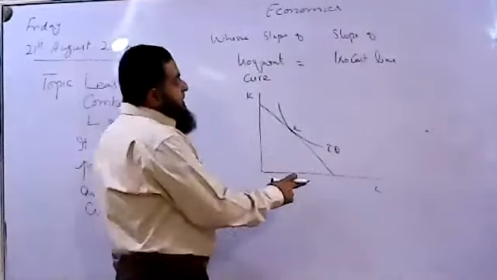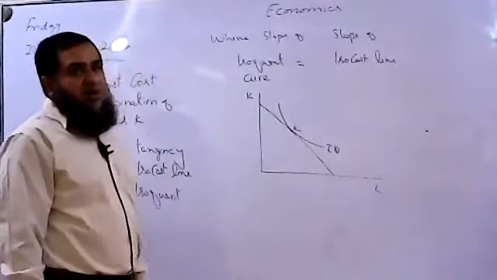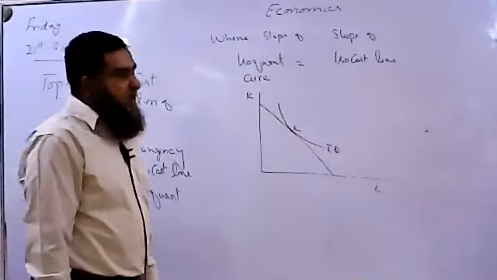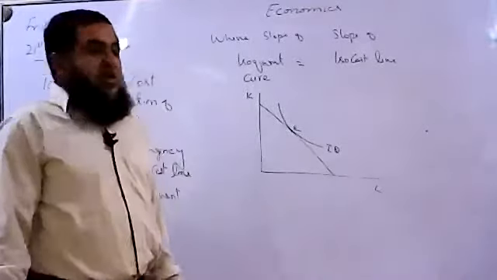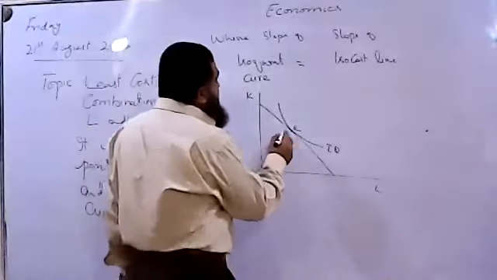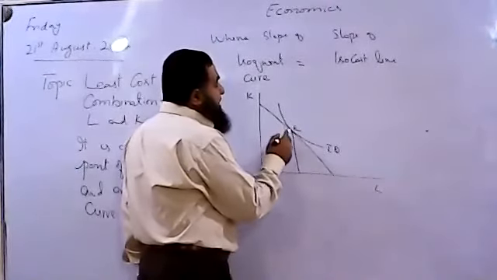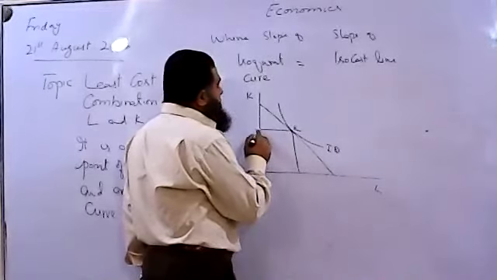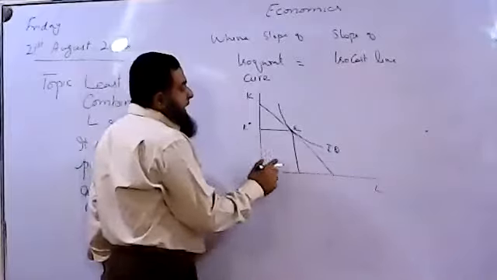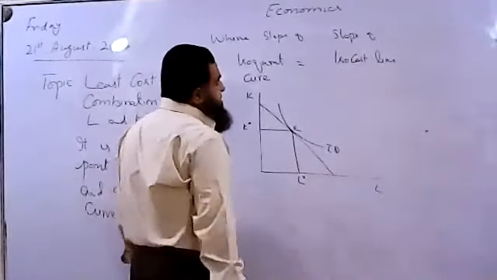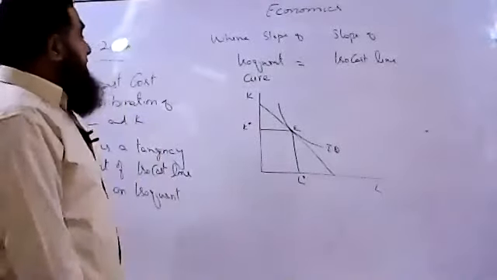So in other words, we can say this isocost line is representing the budget of the producer, or the cost of production of the producer, whereas isoquant is telling us the level of output produced. So where both are making a tangency condition, or the slope of isoquant is equal to the slope of isocost line, this number of capital units and this number of workers will be able to minimize the cost of production of the producer in order to produce.